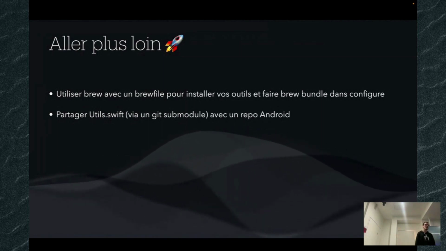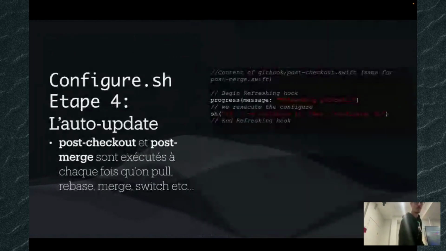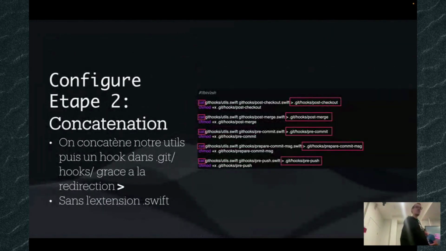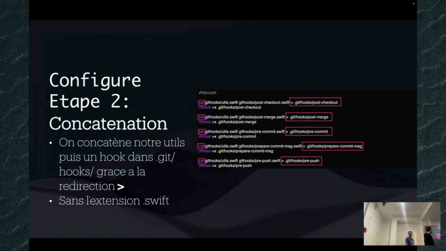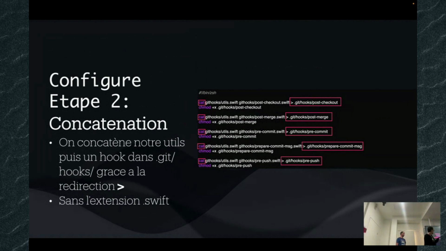I see that you concatenate the file into a file directly in the githooks folder. Can't you just create the file one time and do an ln and create a link into githooks? The problem is the ln was the first. Yeah. So the ln is the other method; in my pitch I said I will present one solution we have taken. The second solution is this one. The problem is because of the import. How will you be able to share two files?